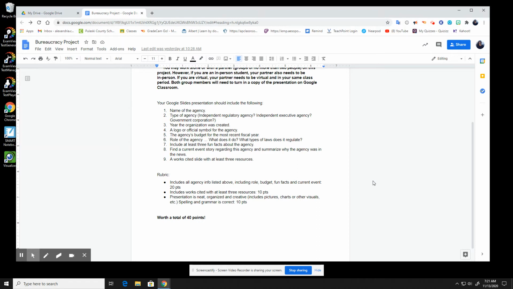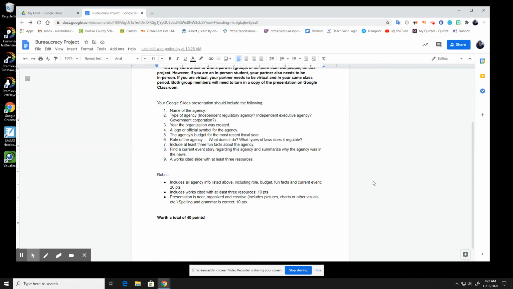Your Google Slides presentation should include the following: the name of the agency, what type of agency it is. So is it an independent regulatory agency, an independent regulatory commission, independent executive agency, a government corporation? So what is it? The year it was created, an official logo or symbol,